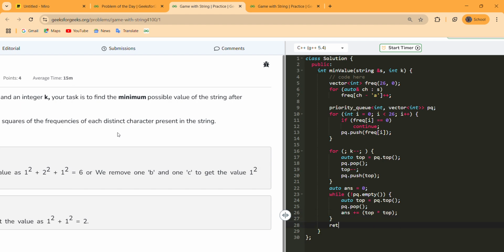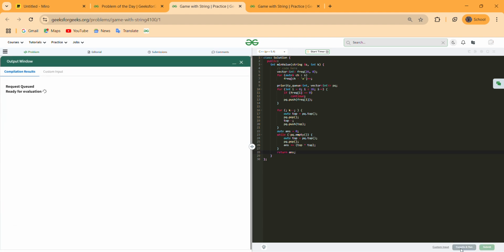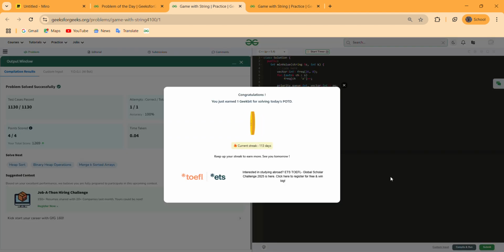After doing all this, we have to just return our answer, and let us try to compile and run this and check if it is running fine or not. It is running fine, so let us submit this and check if it does pass all the test cases.